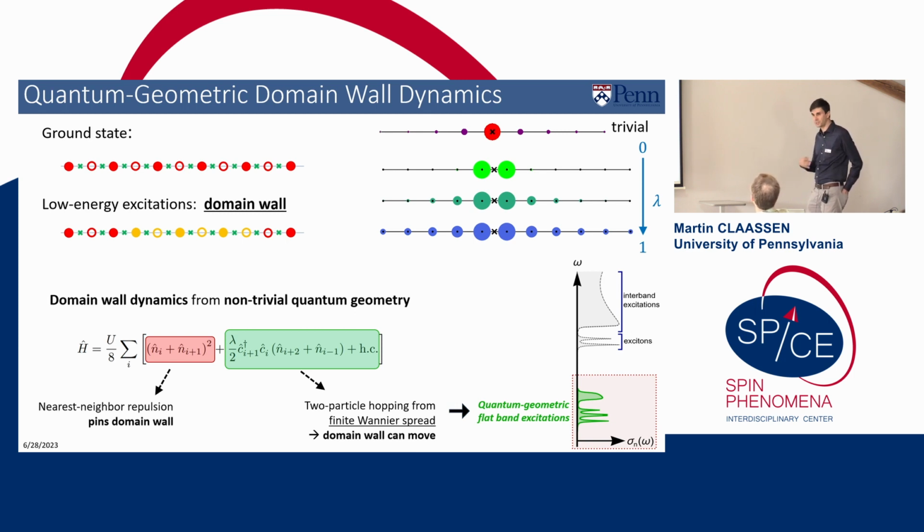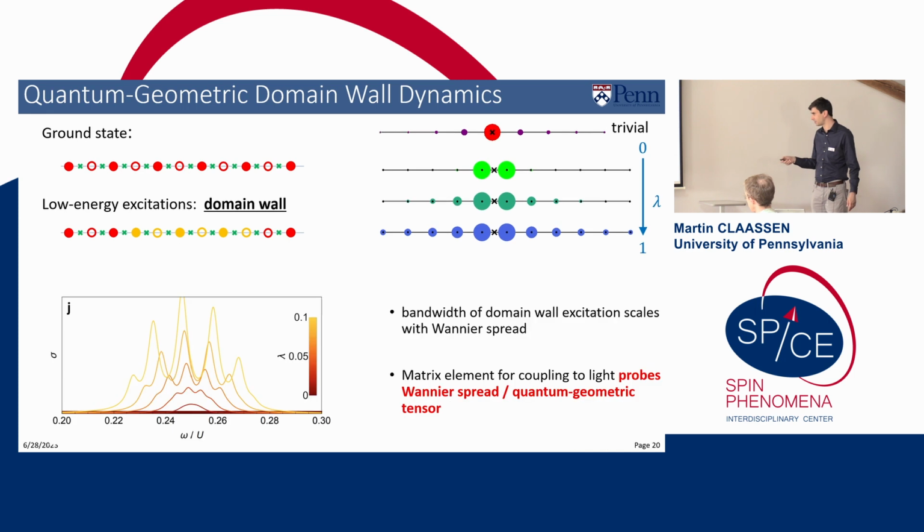And these domain walls in the limit of a flat band, this is somewhat analogous to the flat band superfluid weight discussion, can actually now exhibit dynamics purely from Coulomb scattering. Because if my Wannier orbitals are not perfectly localized anymore, I can now have two-particle scattering processes which can start to move my domain wall, giving the mode a finite dispersion. And so it turns out this is indeed what one sees. So the low energy response is purely quantum geometric in nature.